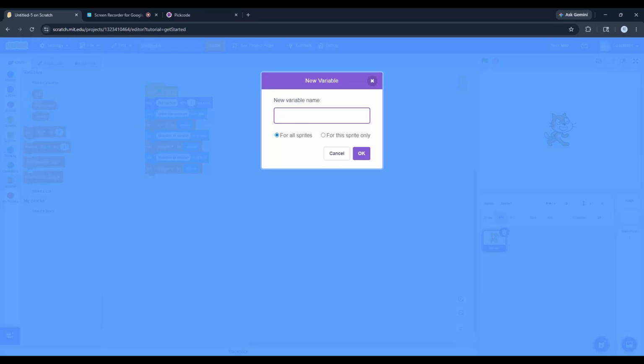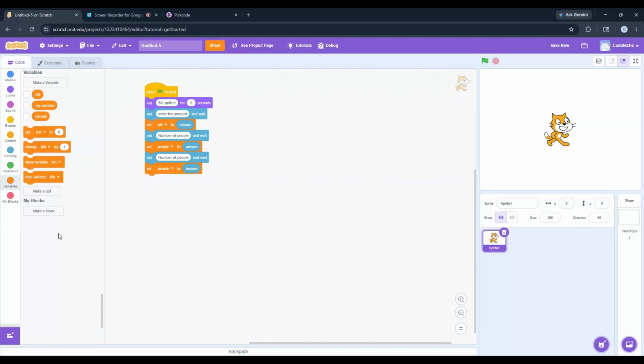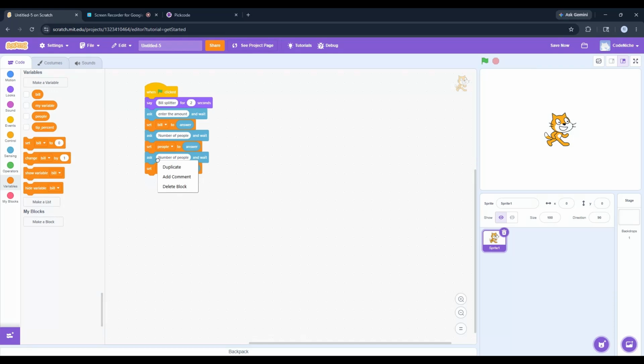Here the third will be tip percent, because we do give tips sometimes. This tip percent variable will store how much tip you give. So we have 3 inputs and 3 variables now. Let's keep this tip percent, and here we are going to ask the question saying tip percentage. So if you are giving $10, you can have 10%, something like that. And here I'm going to use 6%.